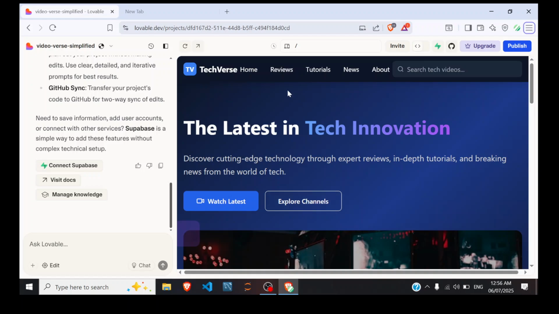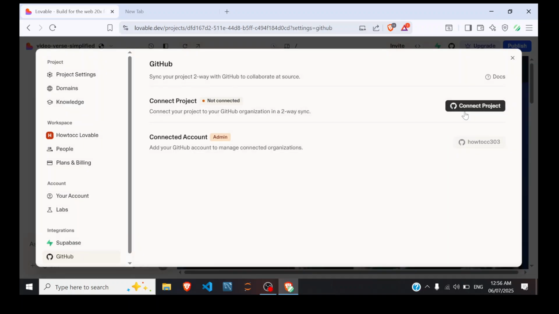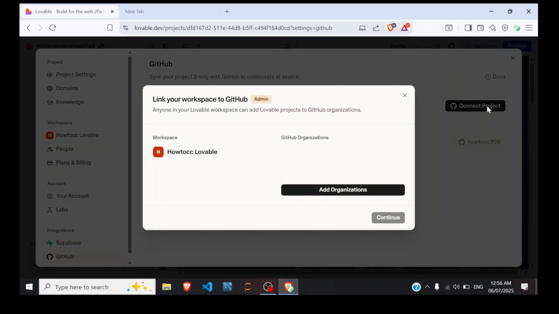So first, once you're inside your Lovable, pick the project you want to connect to GitHub. Now look at this GitHub icon in the top right corner. Now click Connect GitHub. So this lets you do two-way sync, so everyone can collaborate easily. Now click Connect project again,